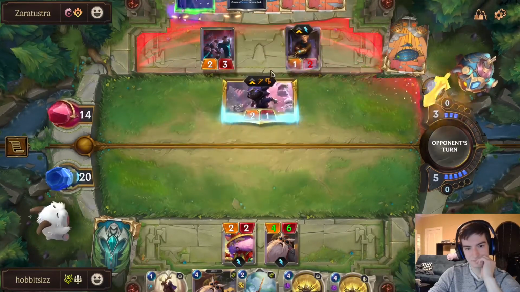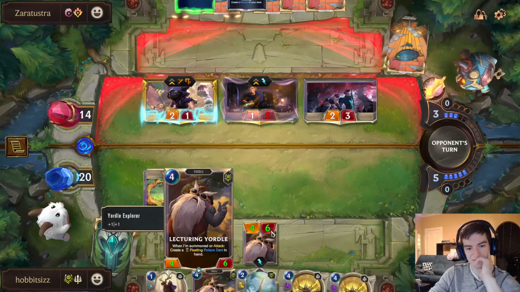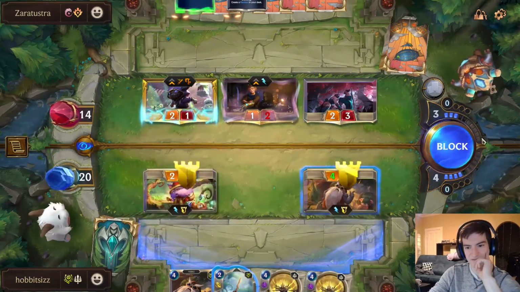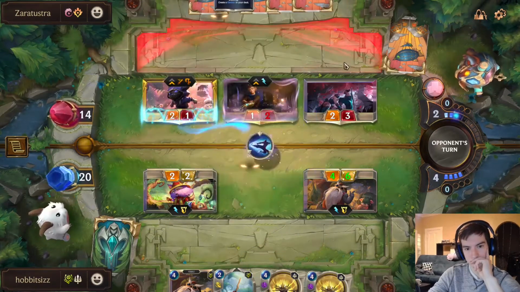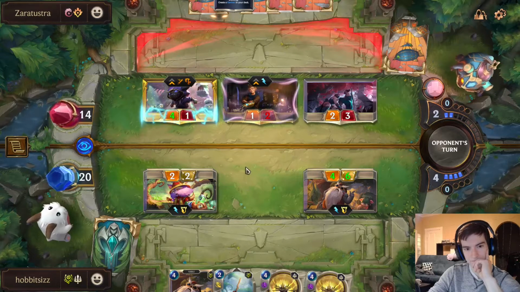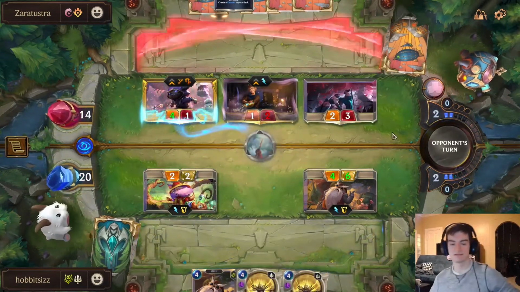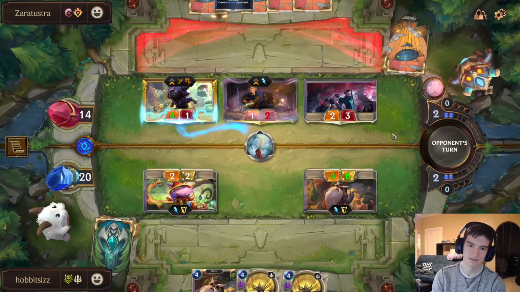Okay. Remember the plan. I mean, they'll definitely block that with Lecturing Yordle. We'll use Ranger's Resolve first, I think. I want him to commit a bit more. Alright. So, I mean, Notify stops this. You can just recall